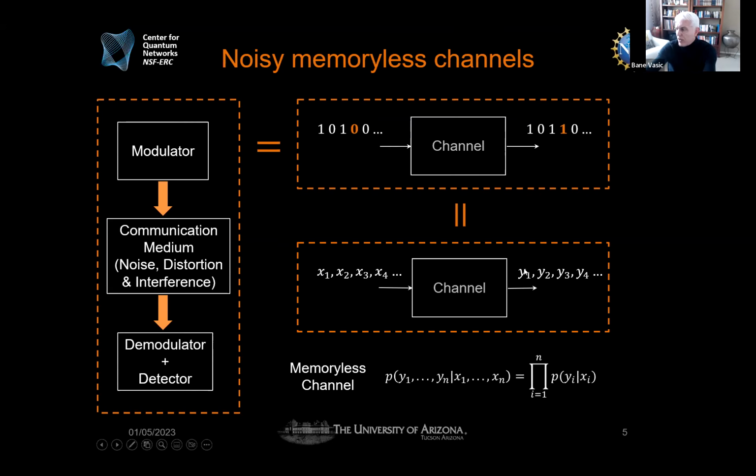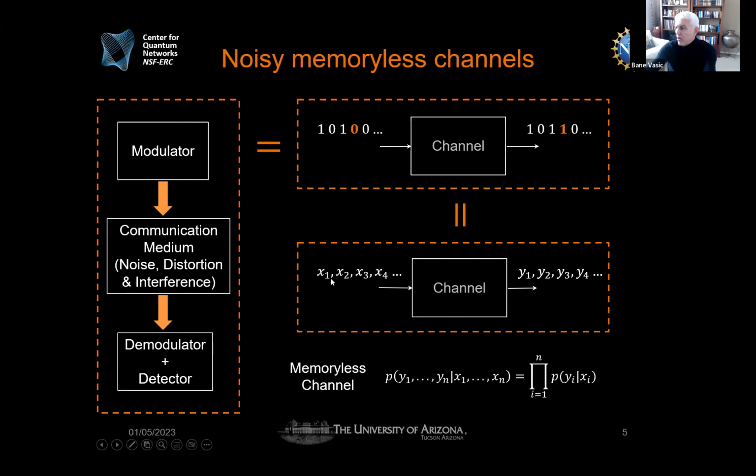And for now, we can assume that these are also bits, or that they don't have to be bits. They can be some real numbers. So the channel is described by a probability density function of output given input. And in our course, we will consider the simplest channel, which doesn't introduce any memory, where transmission of signal of a bit